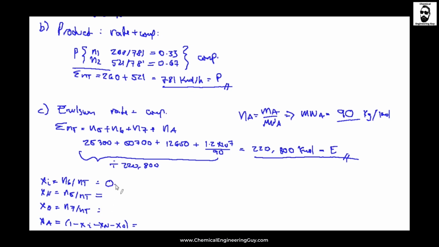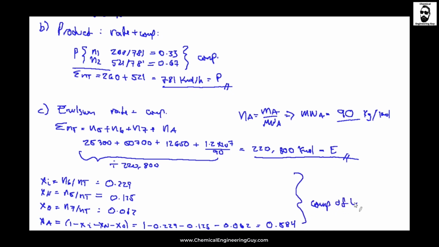I got 0.2029, 12.5, 0.62, and essentially I just need to take out all these. I got here 58.4. Good. We have all the compositions